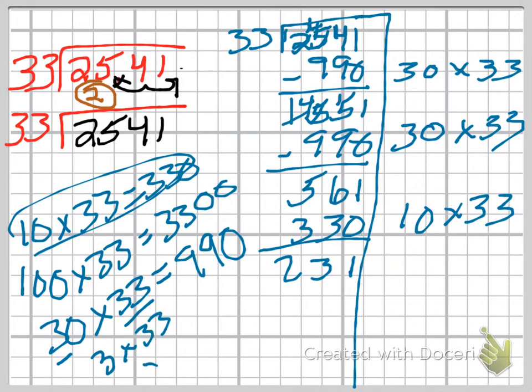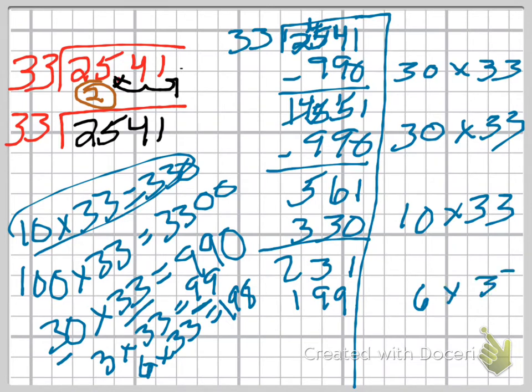Oh, wait a second. I'll bet I could pull off 6 groups of 33, because I know that 3 groups of 33 is 99, and if I doubled 99, I would get 198. So another way to look at this is if I was going to double 99, I just double 100, and then I'd have to subtract 2 from that. So I'm going to try 199 here, and it always works as long as our number that we're trying to pull out is less than what we have left of our quotient. So 6 groups of 33, and I'm going to get